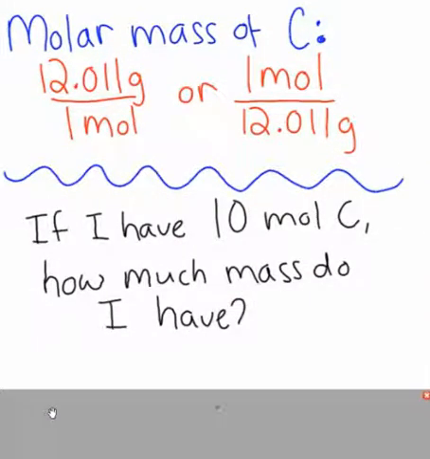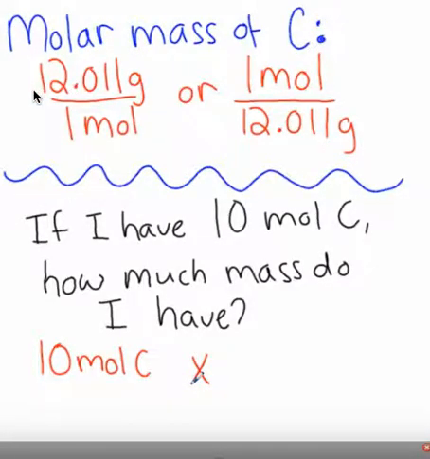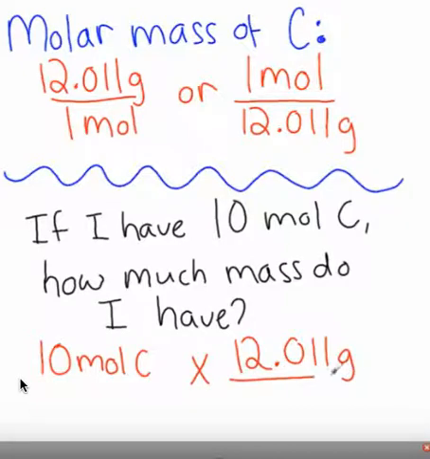So if I have 10 moles of carbon, how much mass do I have? So the first thing I'm going to write is what I know in the problem, and that's 10 moles of carbon. Now I know that carbon has 12.011 grams for 1 mole. Now let's pay close attention to how I'm writing this. I chose this version where 12.011 grams is on top because, and I'll show you why,